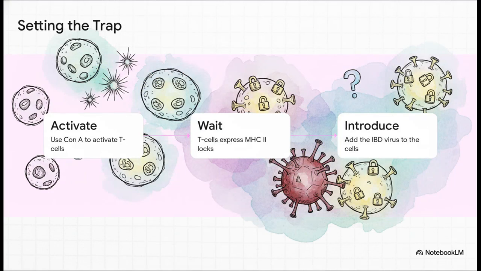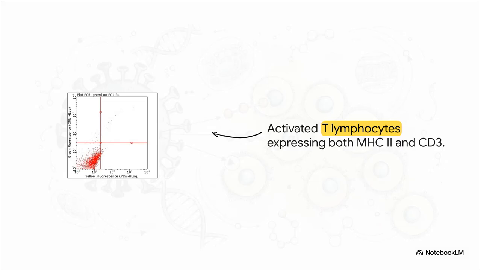Here is exactly how they set that trap. Step 1, they activated the T cells using a specific chemical called Con-A. Step 2, they waited. Because when T cells are activated this way, they suddenly begin expressing MHC II locks on their surface. And step 3, they introduced our viral burglar into the environment. The big question was, would the virus break its own rules and attack a T cell just because the lock was suddenly there? Let's move to the results and see how this builds to the climax of the experiment, because